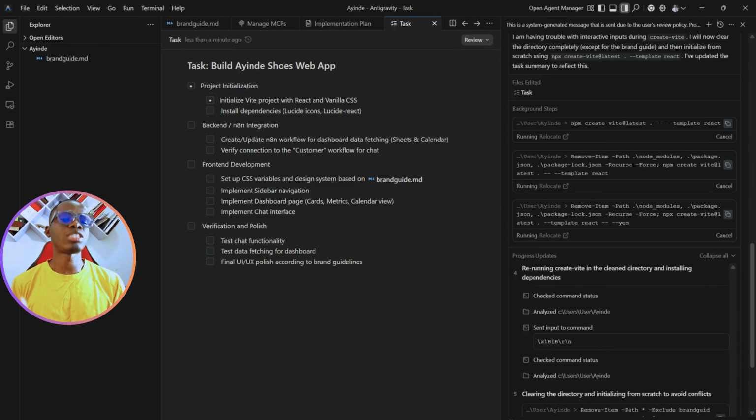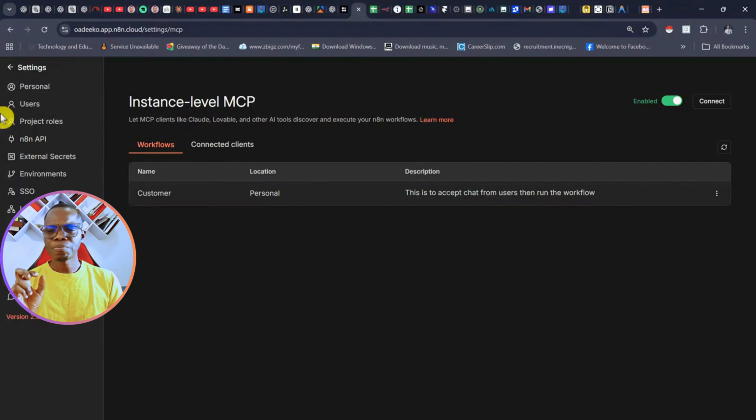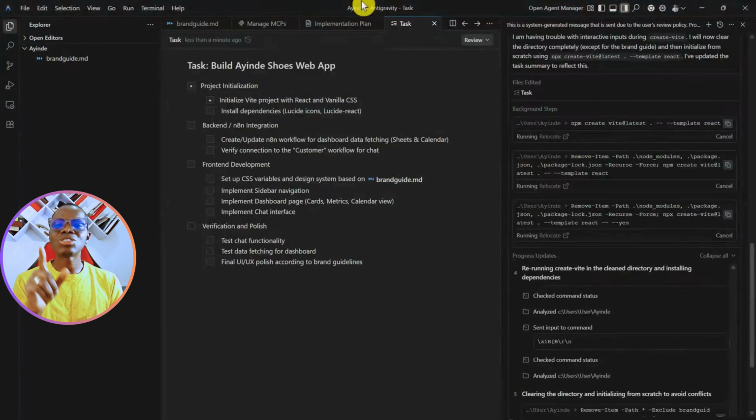Let us note, because I know some of us will probably ask questions. If after copying your JSON from your n8n while trying to manage your MCP it is still not working, if it is showing you an error here, I said you should go to the settings and copy the MCP connection details here. When you do that and it's still not working, just talk to anti-gravity here and say,